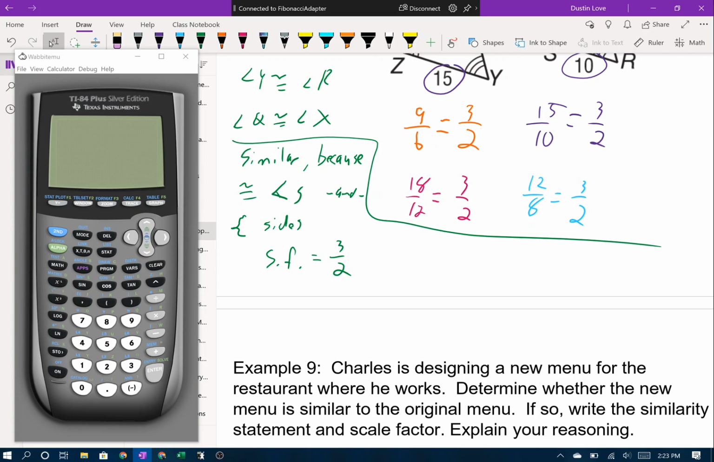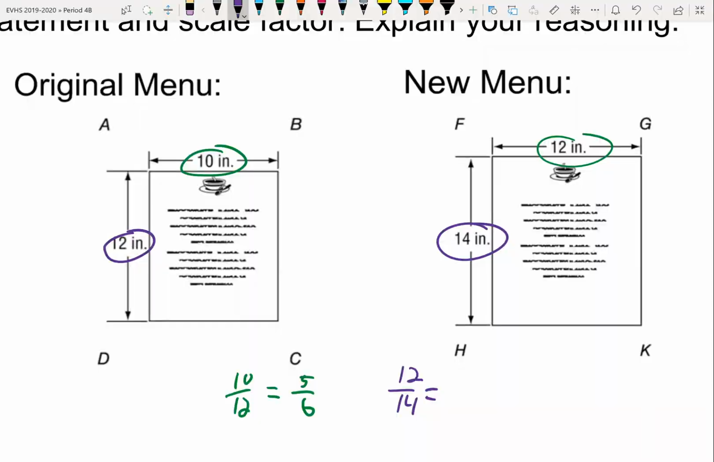Okay, so which side is going to correspond to my 10-inch side? FG. All right. So my ratio is 10 over 12, which reduces to 5 over 6. Now let's do the 12 and the 14. Since I put the 10 on top, which is from the left-hand menu, I got to put the 12 on top as well. I didn't focus on the last example, but whichever shape is on top must stay on top the entire time. Okay, so 12 divided by 14 reduces to